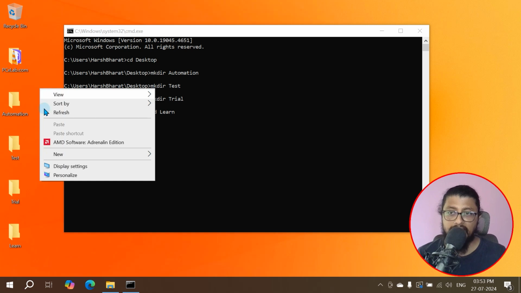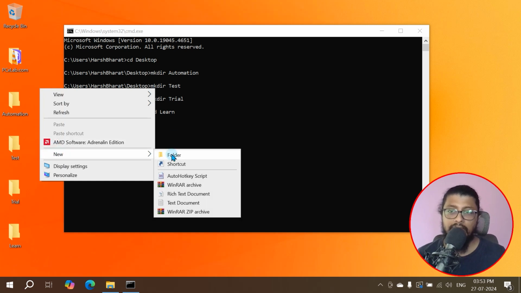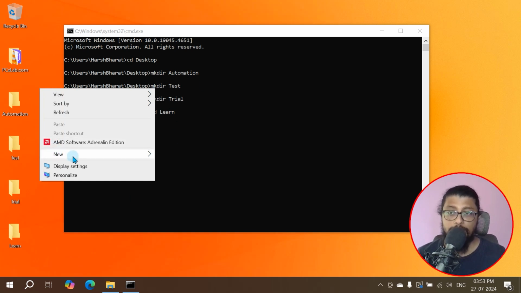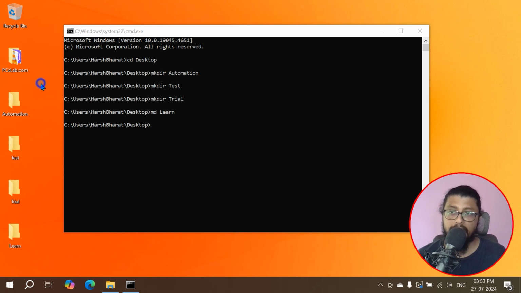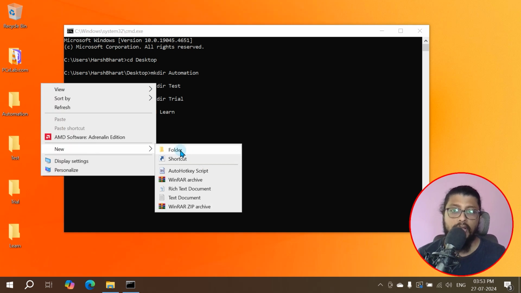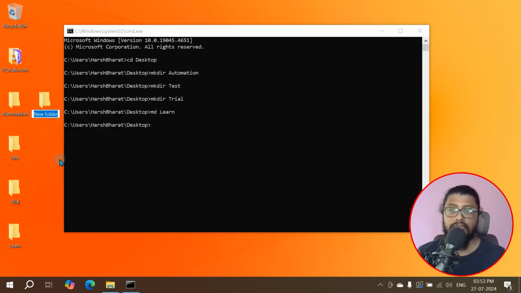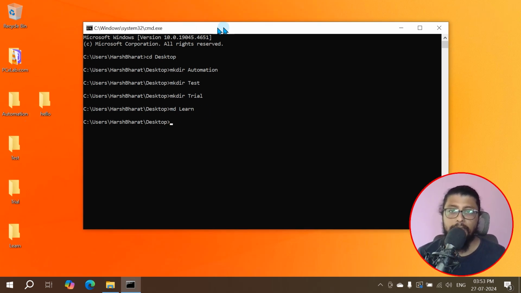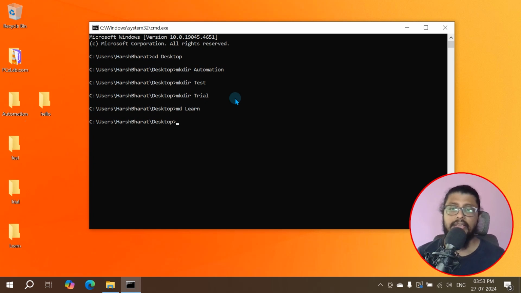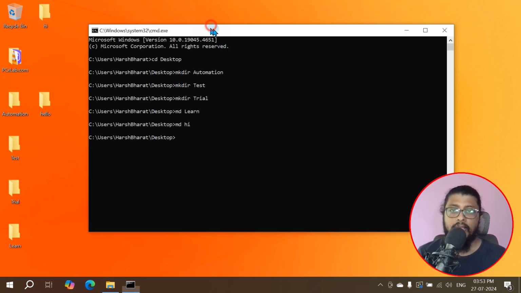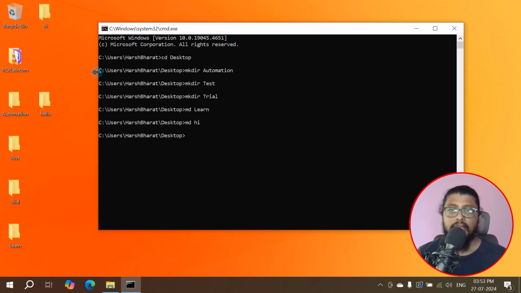When I'm creating with right click, new folder, this is the time you're spending: go to the desktop, right click, say new, folder, say hello or anything you can give, and enter. Folder is ready. But for me it's quite simple. I'll say md hi, done. My folder is ready. So this is how quick it is. Now let me do the reverse.